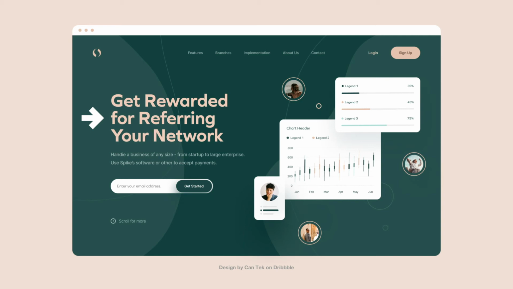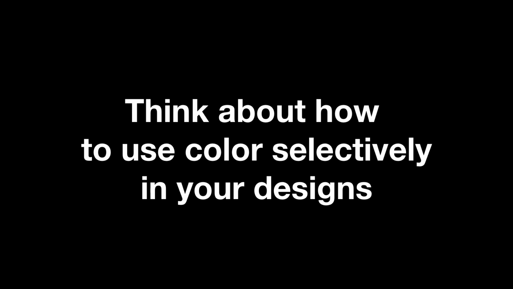It's also a selective use of color. You'll notice that there aren't that many colors in this design. There's primarily 2, and that was done on purpose. The next time you're designing, think about how you are using color and how you can create simple color palettes, even with just 2 to 3 colors, to create a dynamic design.